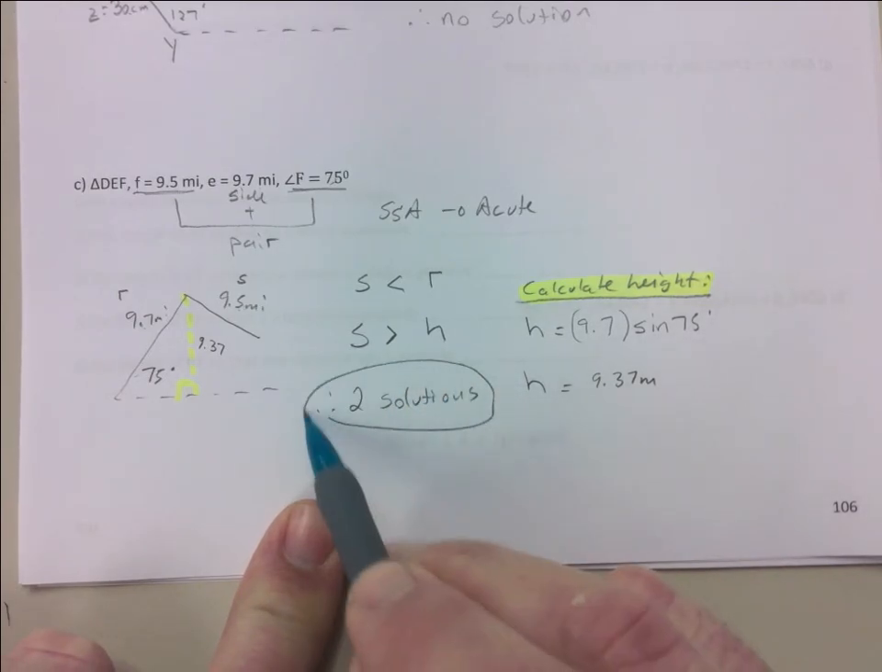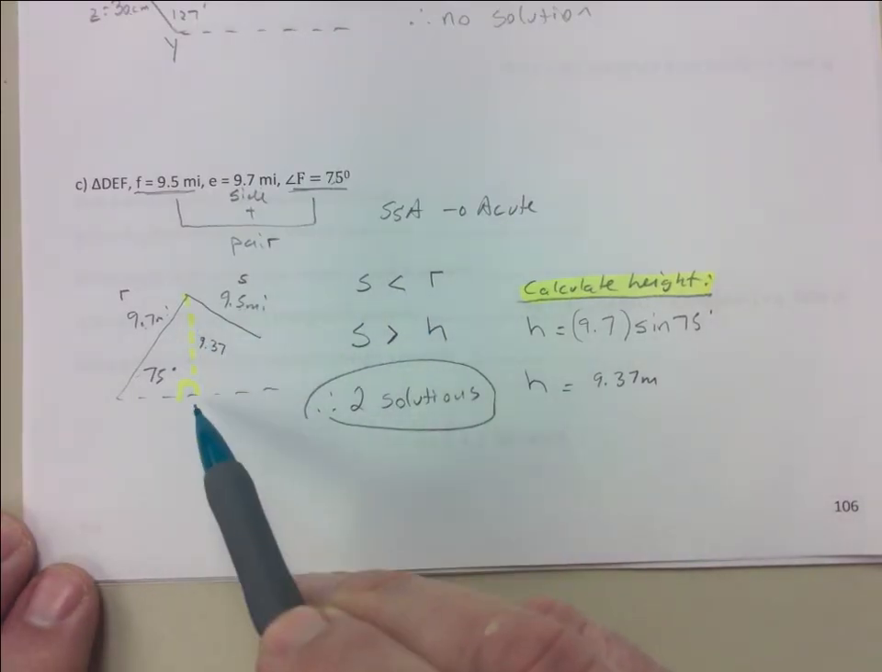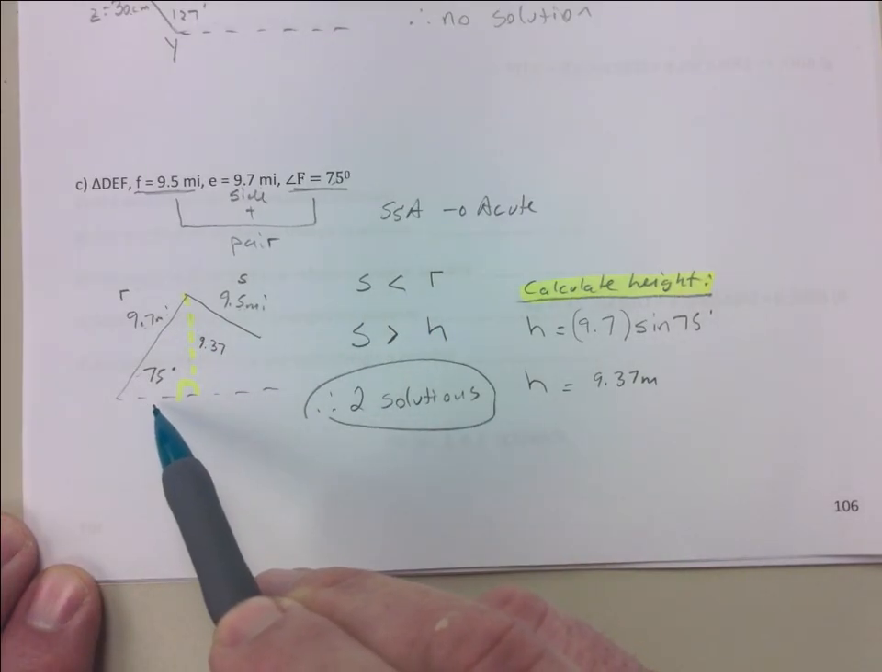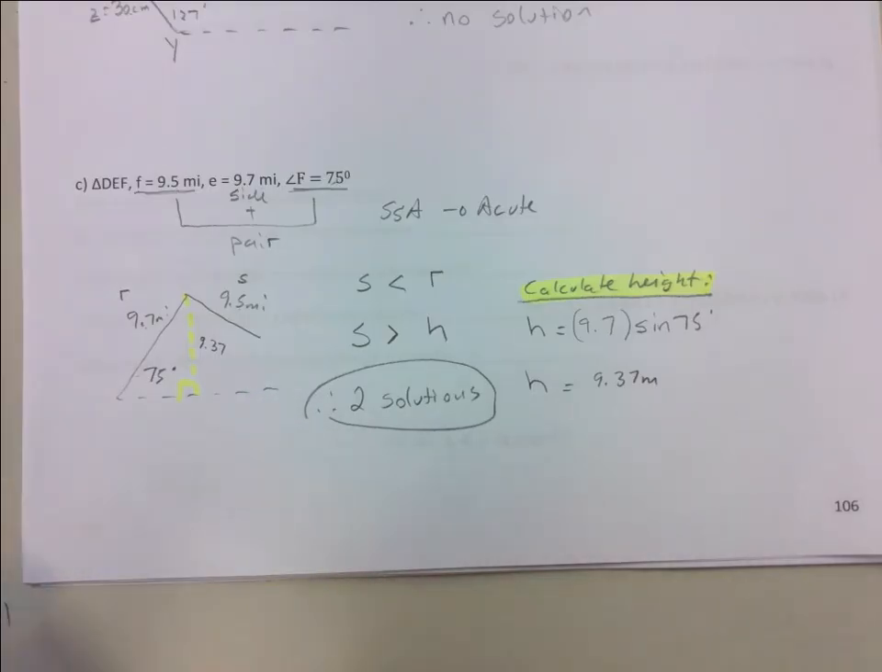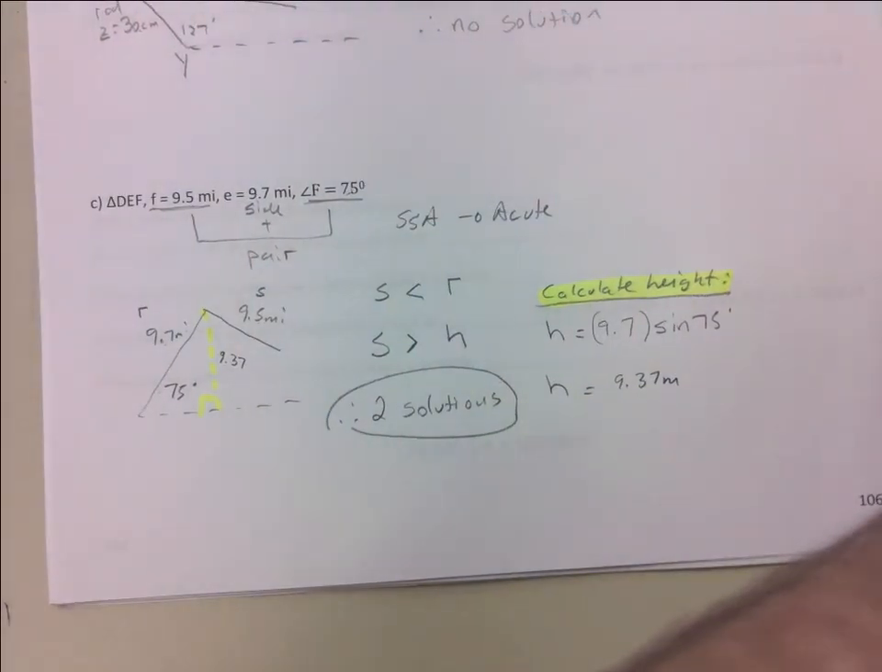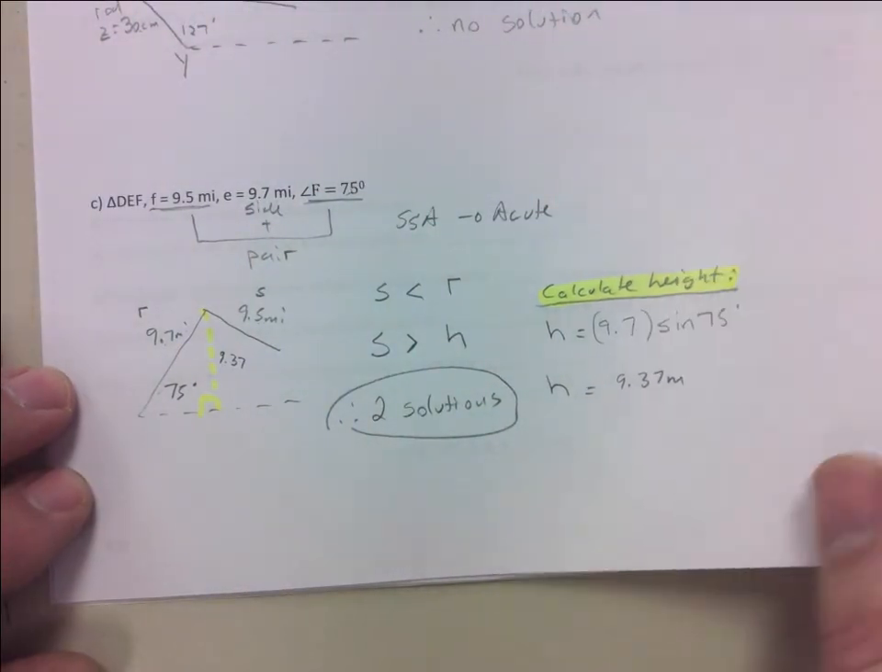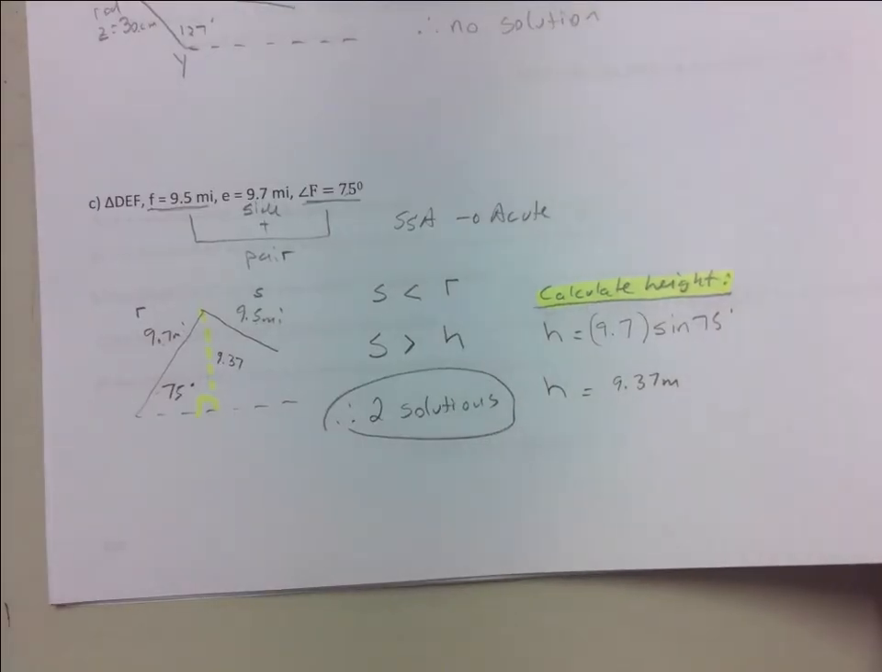Okay. We know that the string is longer than the height, so we'll swing in here and it will swing out. So we're going to form our two triangles here. Okay. All right. So for you, I'm going to ask you to do